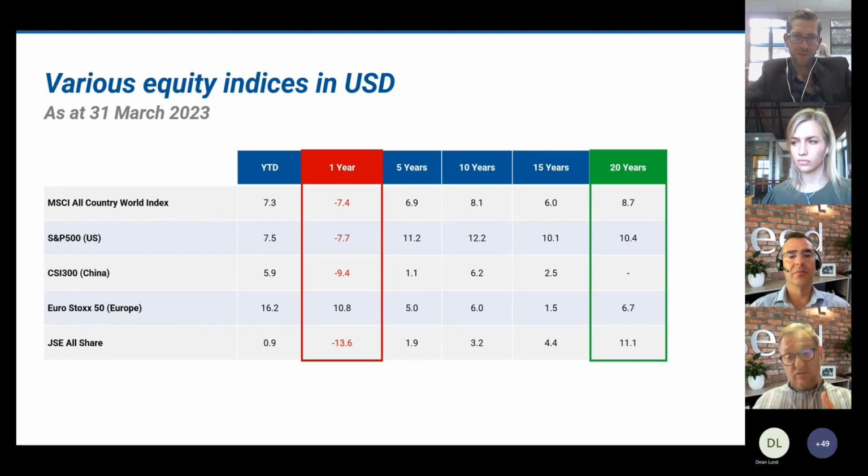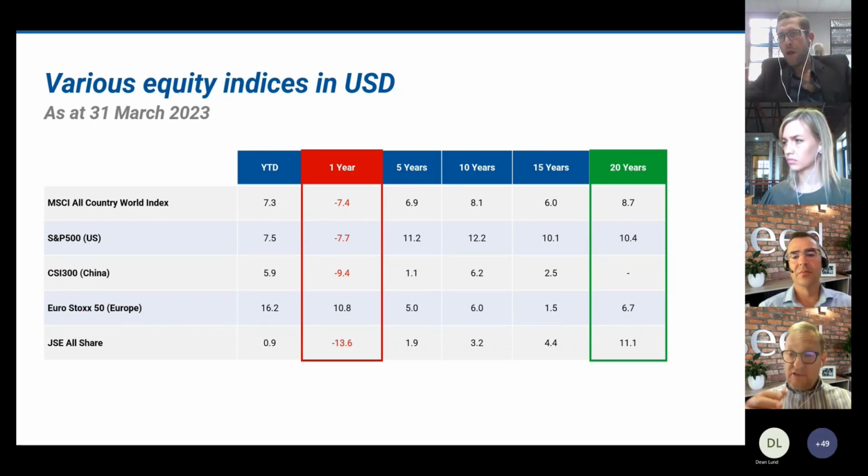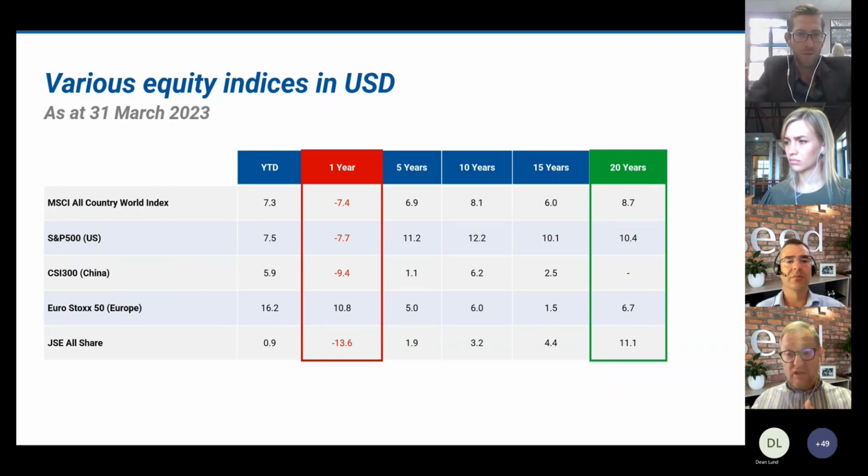But as you extend out your time horizon, and you go to 5 years, 10 years, and then I've highlighted the 20 years, these are the numbers that you should start seeing. It is interesting to see that for the JSE, you've got to go back to 20 years to get a return that's equivalent to the rest of the world, and in fact slightly higher. So 11% there is the return of the JSE in dollar terms. So these are all dollar terms. And it has in that period superseded the S&P 500 at 10%.